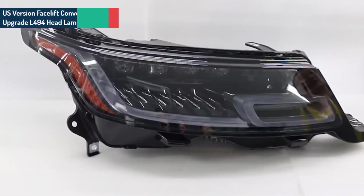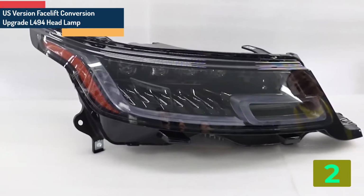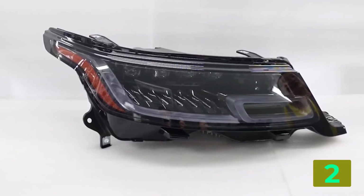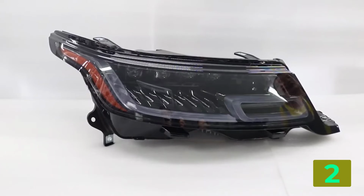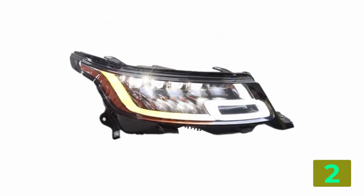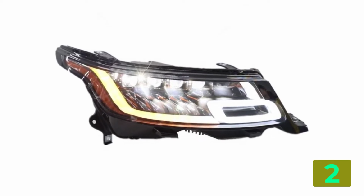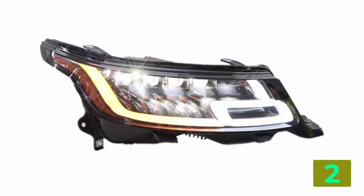Item number 2 is Facelift Conversion Upgrade L494. Specifications: brand name, Thebist. Model number, GL1263. Warranty, 1 year, 24 months. Type, LED, car headlights. Certification, TS 16949. OI no, LR